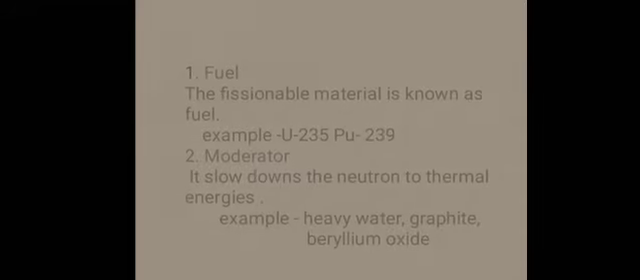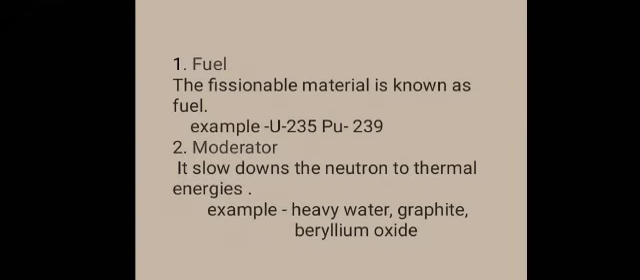Then next are its parts and functions. First part, we know in order to have a nuclear reactor we first need a fuel. That fuel, the fissionable material, is known as fuel. Example, uranium 235 or plutonium 239. Then next is